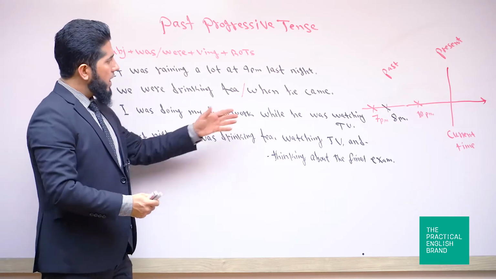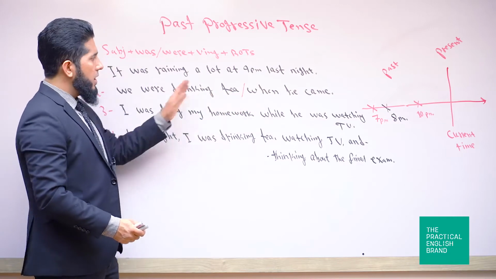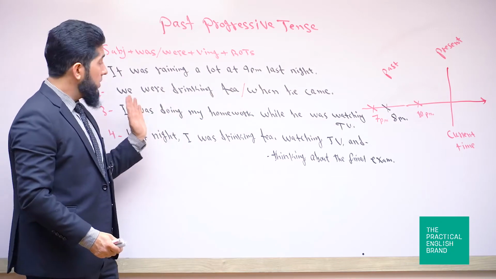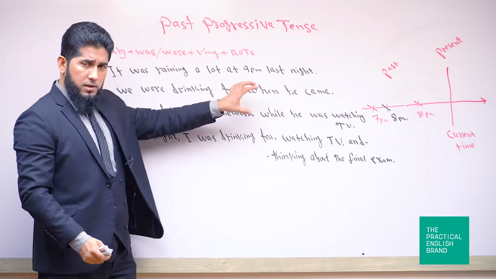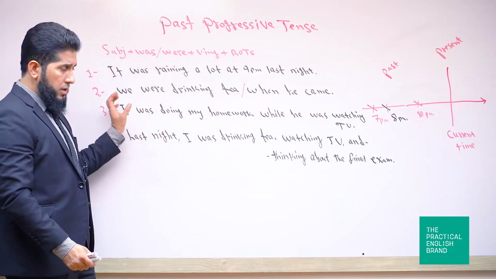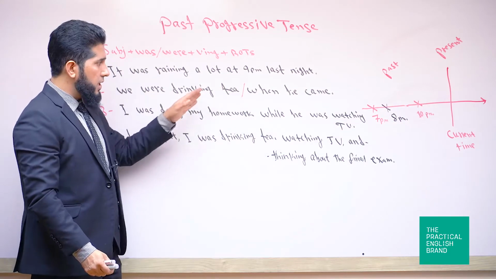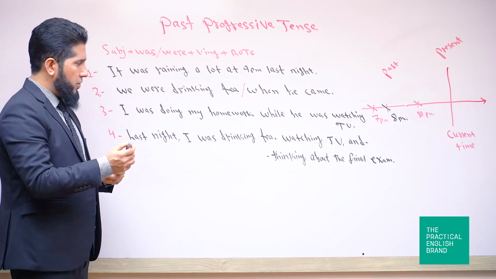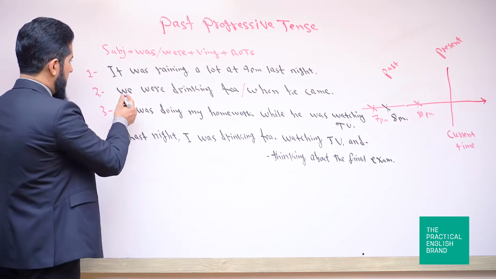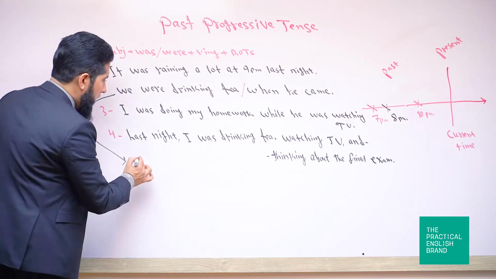Understood? So now in this kind of sentence, you can change the positions of two clauses. You can say, when he came, comma, we were drinking tea. If you want to change the positions of these two clauses, if you want to bring the time clause first, okay, and the main clause or the independent clause second, in that case, you just need a comma, okay, in the middle of your sentence. I want to just write this example quickly for you over here, okay, right here. If you want to change the positions of these two clauses, look, you can do it this way. When he came,